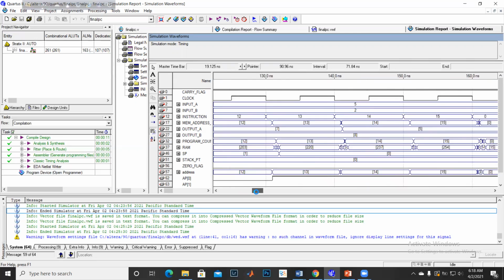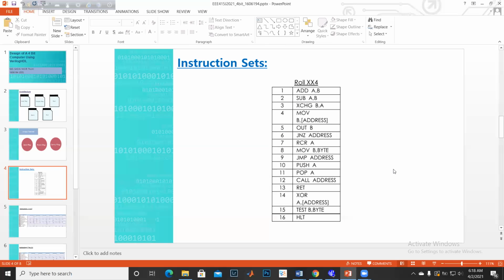If we go to some other operations, the return and call address operations, the return is like the IP will retain its previous value from the stack. So the IP has gotten its previous value from the stack. And lastly, the halt operation. So I have added all